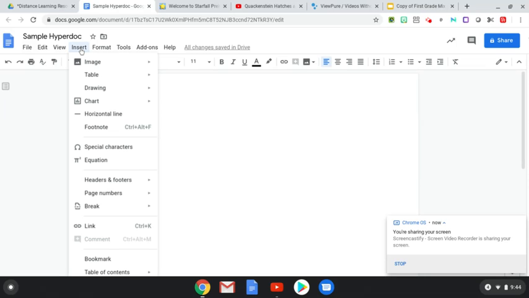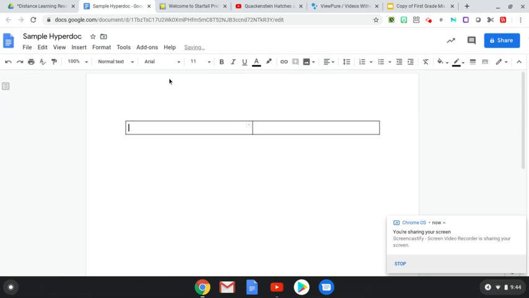So I'm doing mine in a plain Google Doc. You can also do it in Google Slides. Some people prefer that. In fact, sometimes I do. So I'm going to start by making my table. I like to organize my